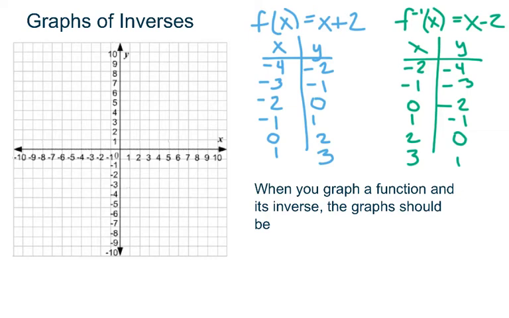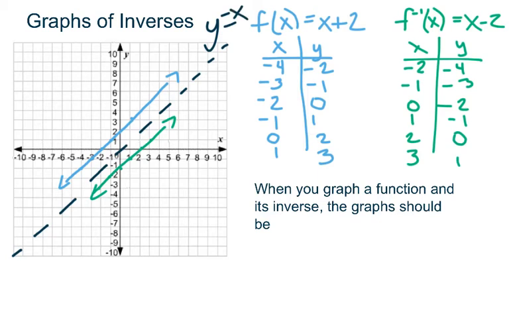Okay, so now we're going to take the same two functions, and I want you to graph them, and let's look at what the graphs look like when we're doing inverse functions. So go ahead and draw one graph in blue and one graph in green so that you can differentiate between the two. Okay, so anytime you graph a function and its inverse, if you were to do a dotted line right down the middle,